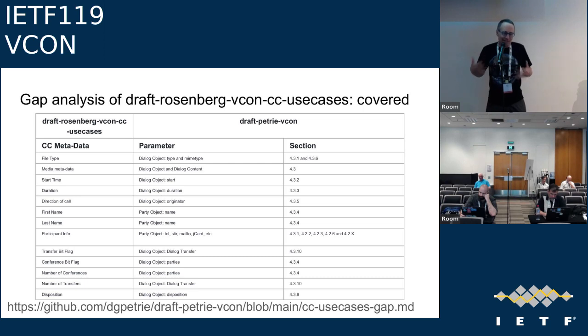This was already covered, so I'll leave that as an exercise for the reader. But again, this link on the bottom of the page is for the whole gap analysis table that I built, which covers all of the next 3 slides. Let's go to the next slide.